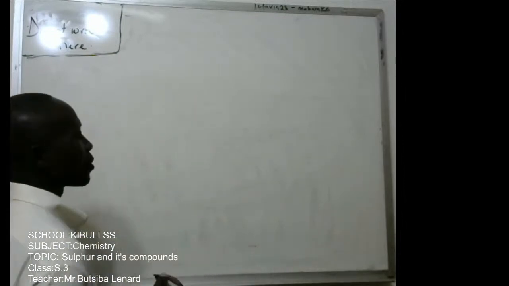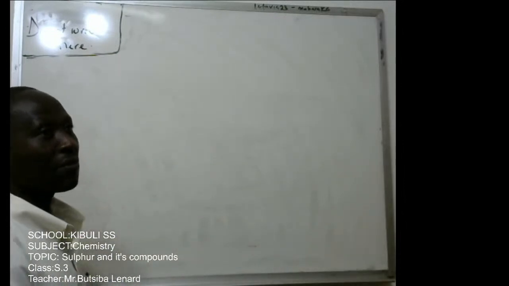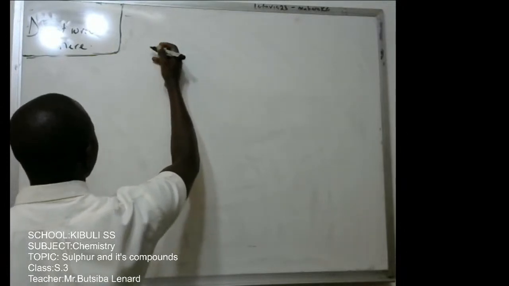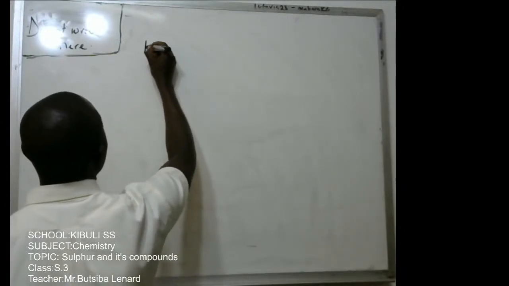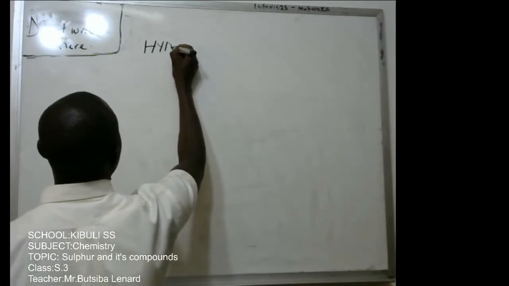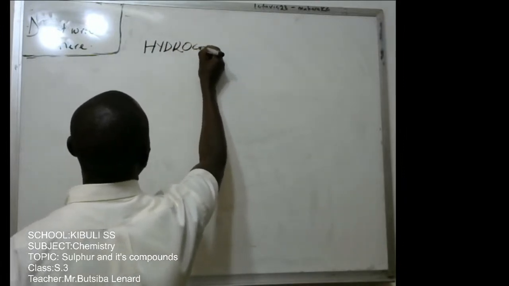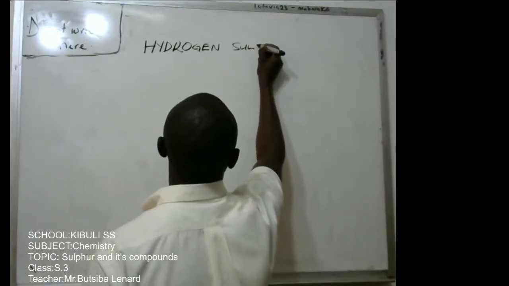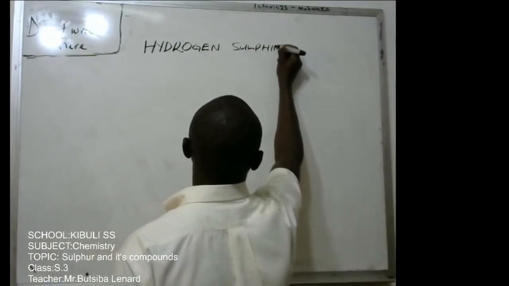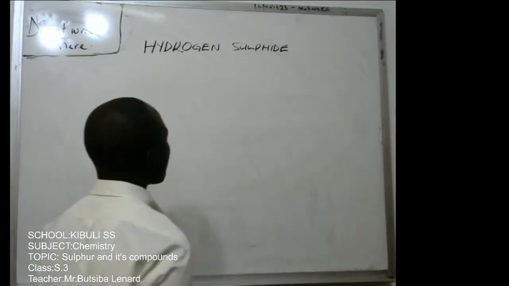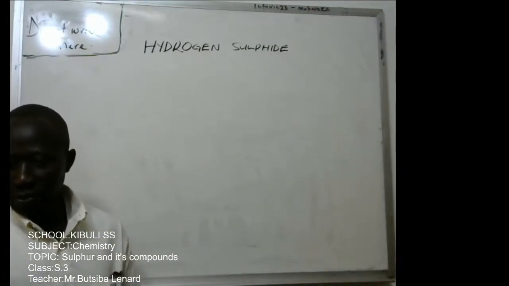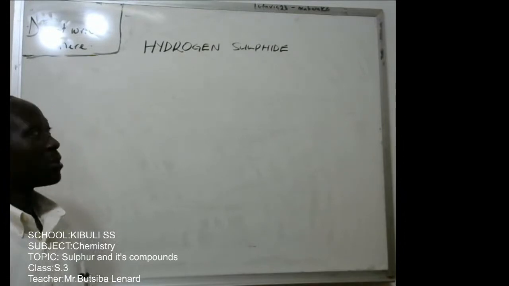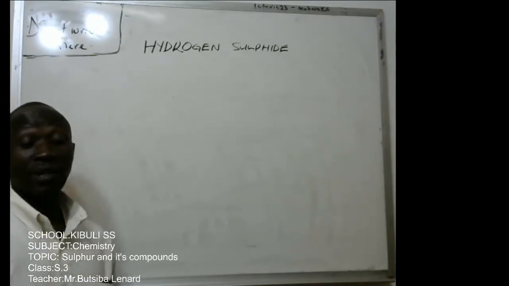Today we are supposed to be looking at compounds of sulfur, and the first compound of sulfur, briefly for interaction with, is a compound called hydrogen sulfide. So I want us to look at hydrogen sulfide. I'm going to be very brief on hydrogen sulfide